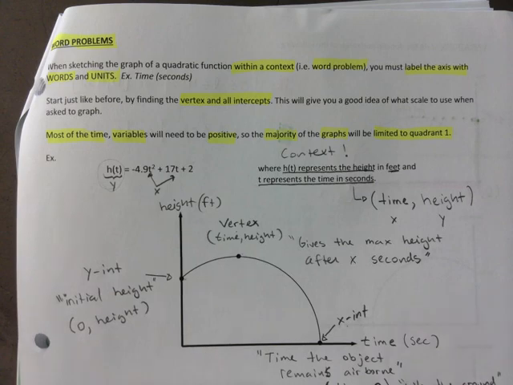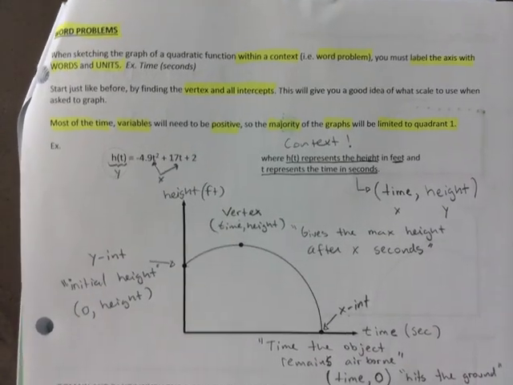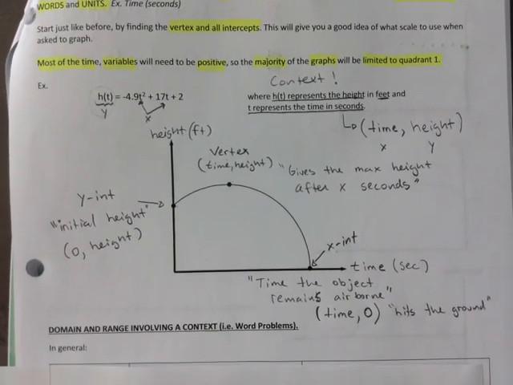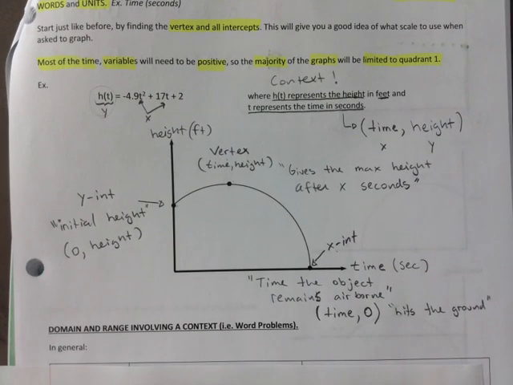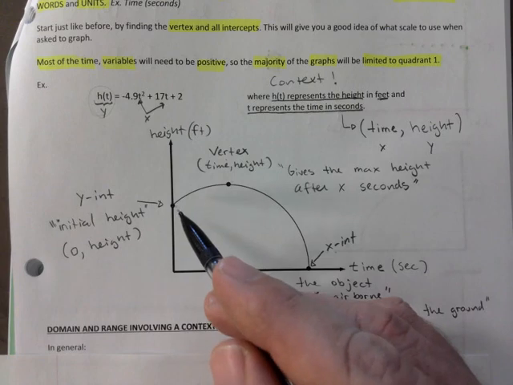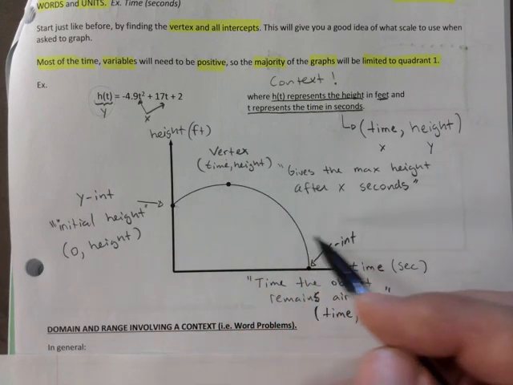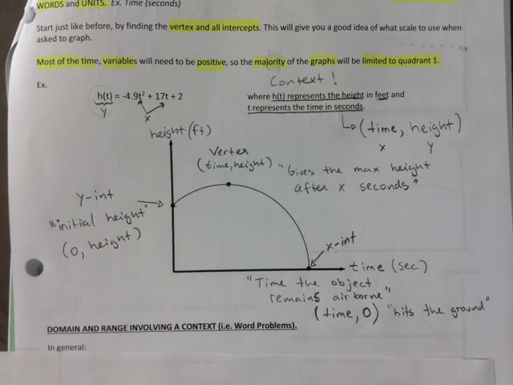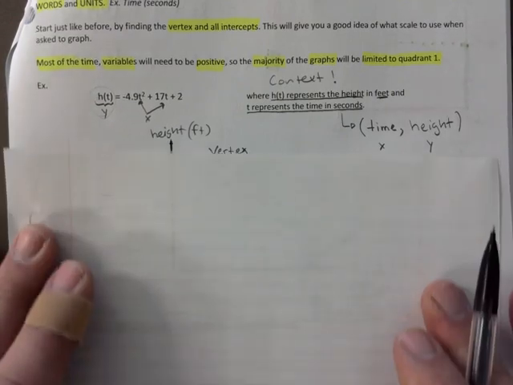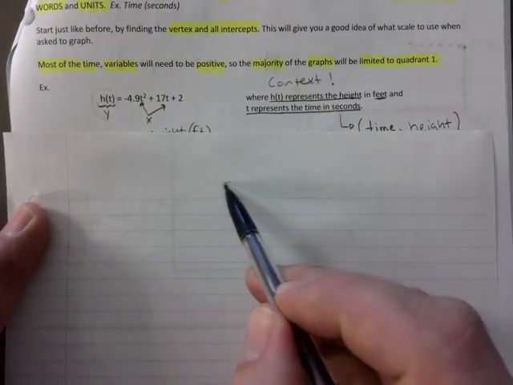I just want you to remember the biggest difference you're going to find is in the domain and range of a quadratic when it comes to the word problems. Most of the time we're going to be in quadrant 1. You are used to, if I could just do this for a bit, you are used to